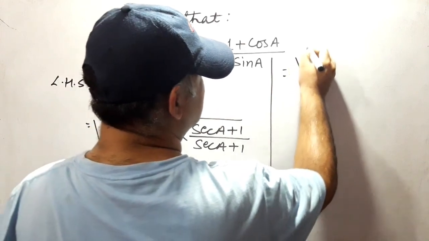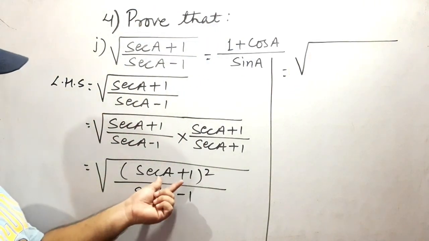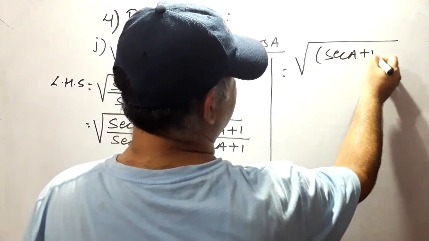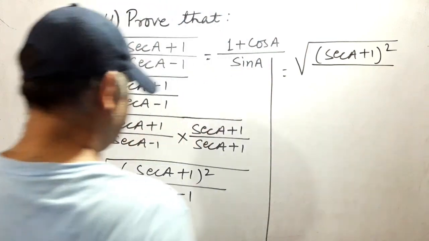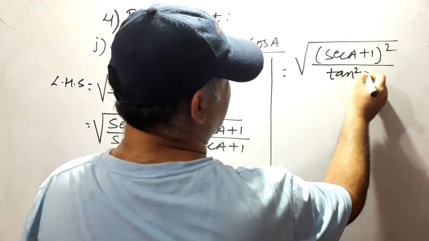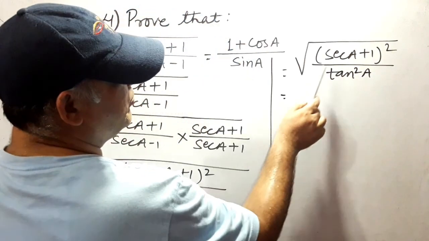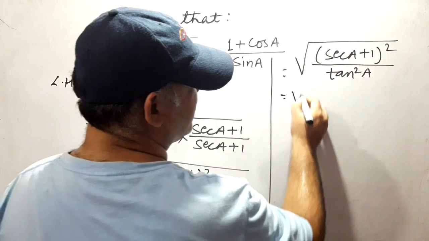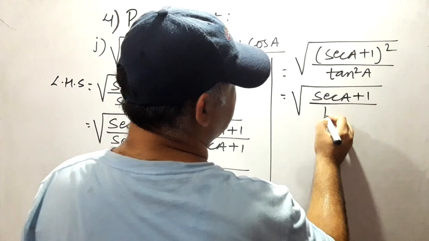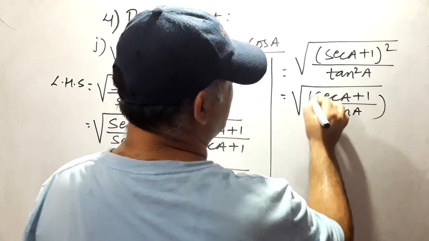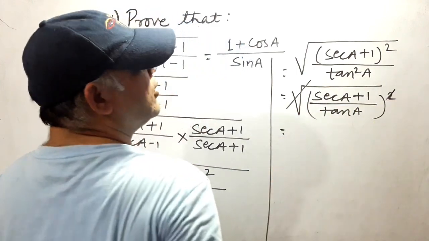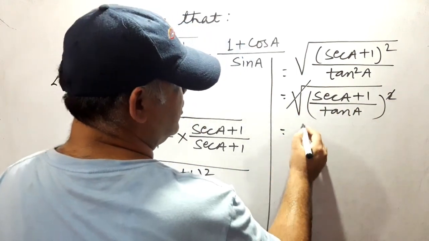Equals square root under (sec a plus 1) whole square as it is, by sec square a minus 1, equal to tan square a. Now keeping them in the same square, we have (sec a plus 1) by tan a whole square. So square root and square get cancelled. Now let's separate sec a and 1. We have